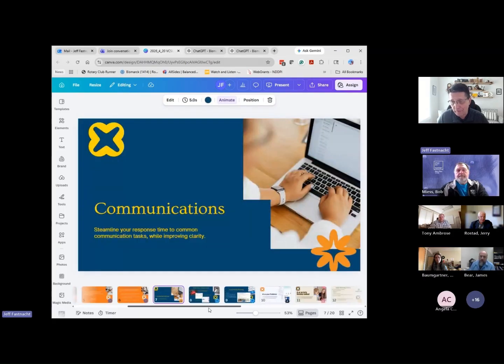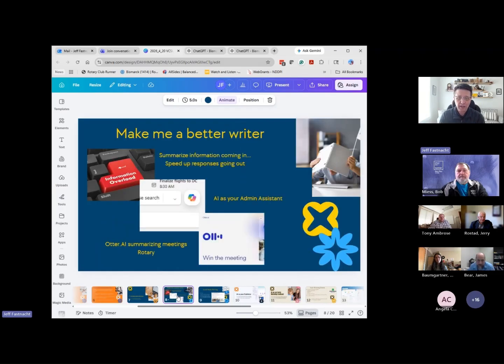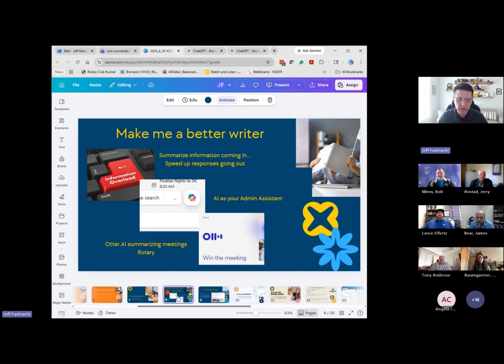Probably the biggest thing as a school administrator is communication. I don't necessarily use Copilot. I'm not a big Copilot user, but I will dump emails in, particularly long emails, when I get one of those scrollers. I don't know if anybody else does that, but I get people who give me a long email over time. It's like, can you just break this down to what I need to know? Can you summarize that?